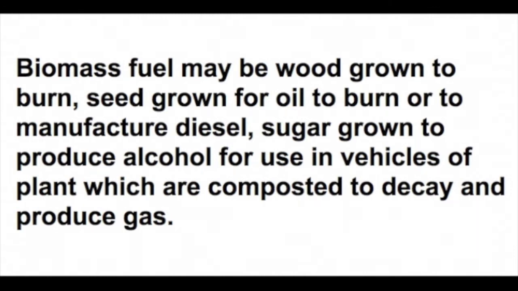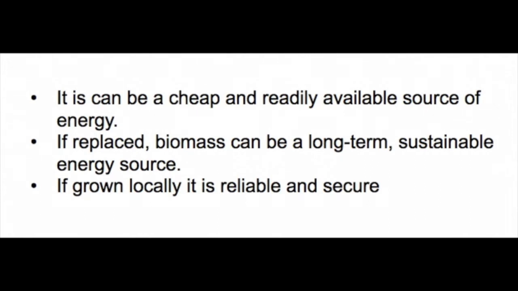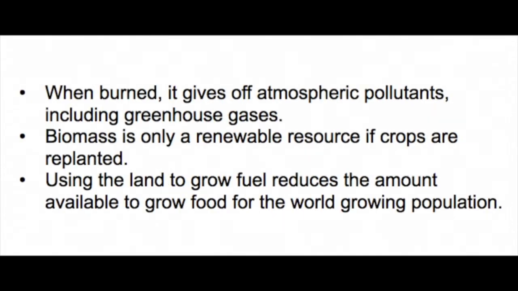As with every resource, there are advantages and disadvantages. Biomass can be cheap to produce, and it is a relatively available source of energy. If it's replaced regularly, then it is a long-term sustainable energy source, and if grown locally, it is reliable and secure. When it is burnt, however, it does produce atmospheric pollutants such as carbon dioxide, and it can only be regarded as renewable if the crops are replanted. Perhaps the major problem is that using the land to grow fuel reduces the amount available to grow food for